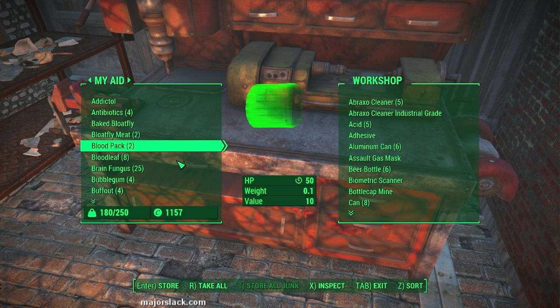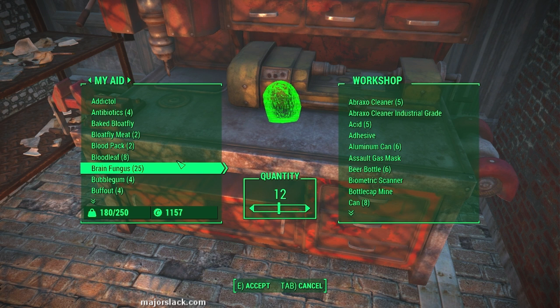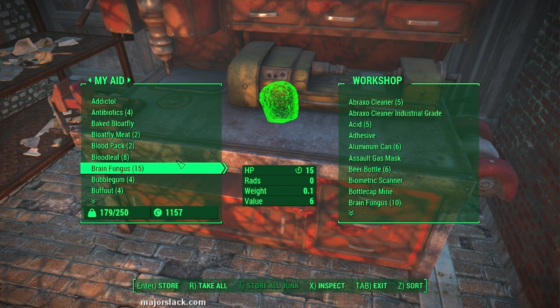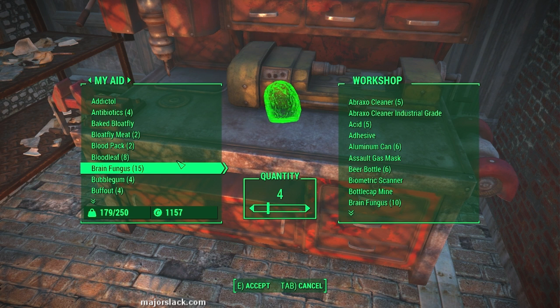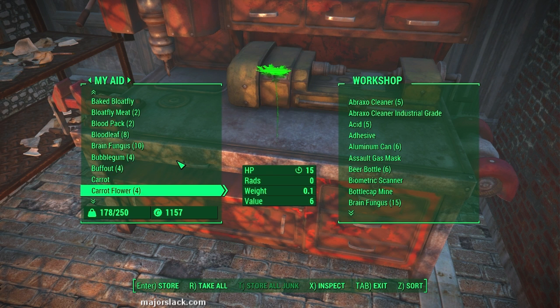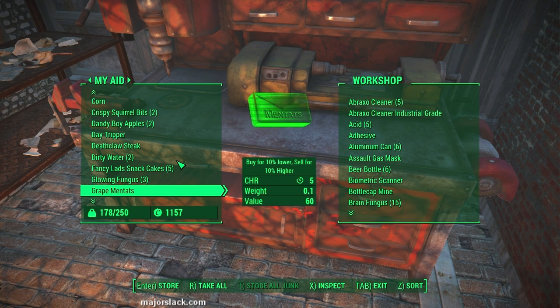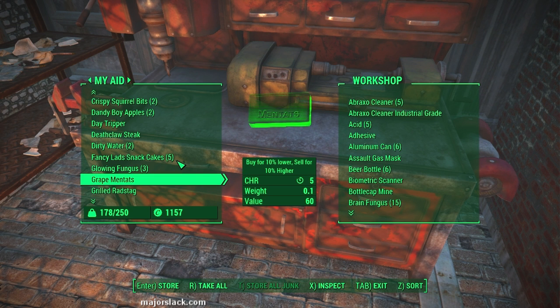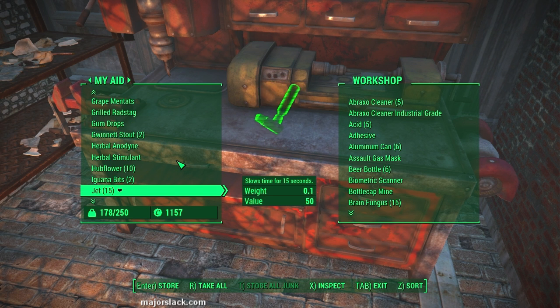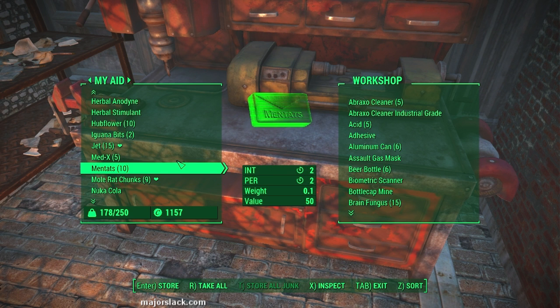Back up to aid. Back to the top of aid. Brain fungus. We only need 10 to make some mentats when we get into town. Brain fungus 10. Day tripper, check. Great mentats, check. Hub flour 10, check. Mentats 10, check. Very good. Now, as far as junk,